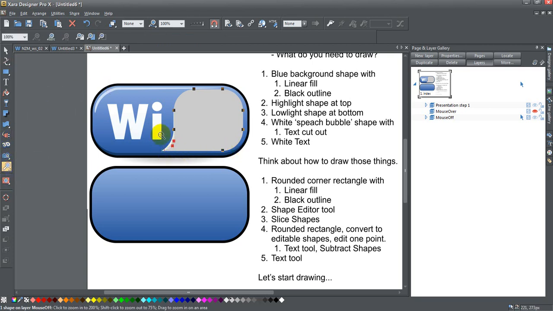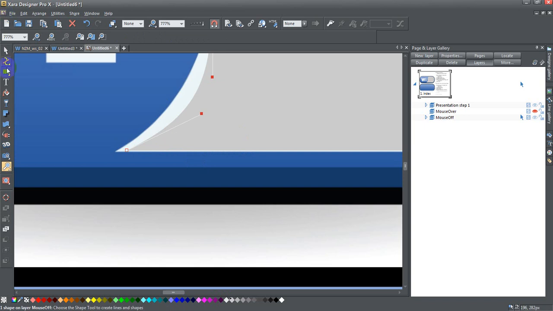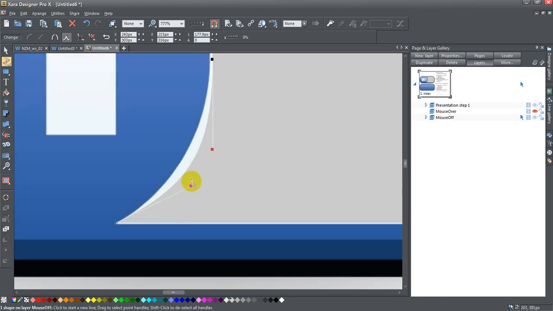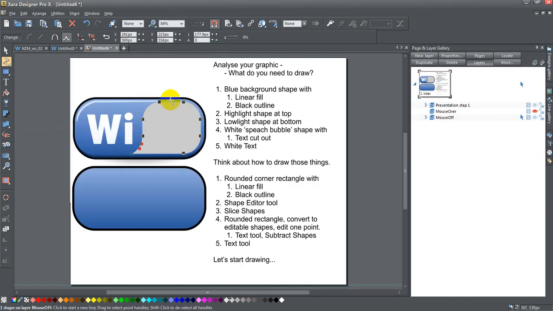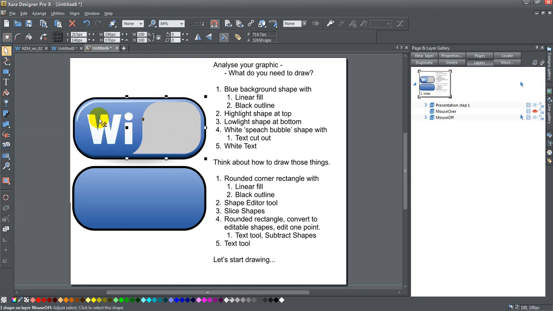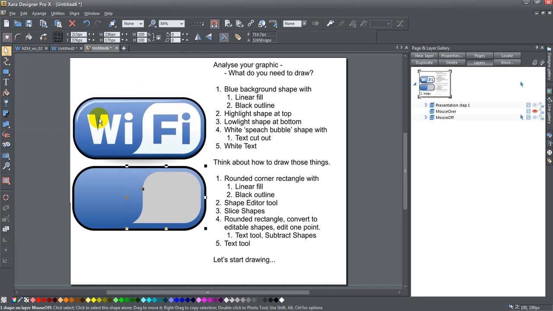And I can zoom in right on this and make sure that my point gets out exactly where I want it to go, and then I can bend these curve handles exactly how I want to get them to line up with that. And then I can zoom back out to the page, and there is my shape. And I'm just going to grab the whole thing and move it on down. Looky there. I'll change this to white,